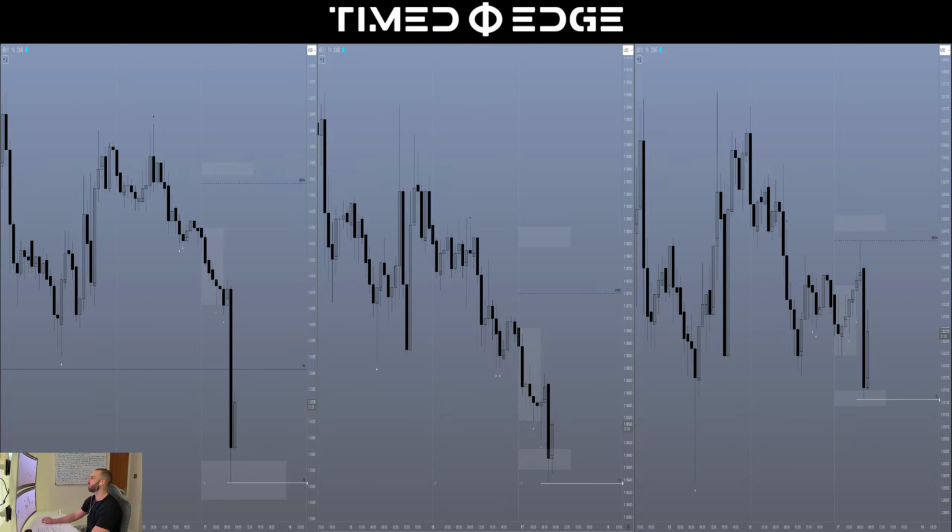Interesting. See how well these levels work, though. If you've been following me for a while, you'll understand these levels just play out day in, day out. And when all three of them are in a level like this, it's closely correlated pairs, right? It's a shame the low wasn't swept really, but we're seeing a lot of buying pressure come in around these levels because of the thick full body candle. A full body candle is not really enough of a wick for me to warrant breaking this down on the